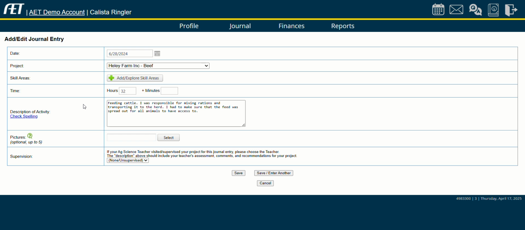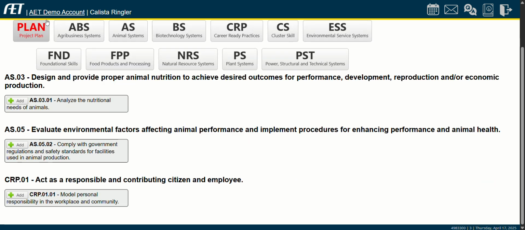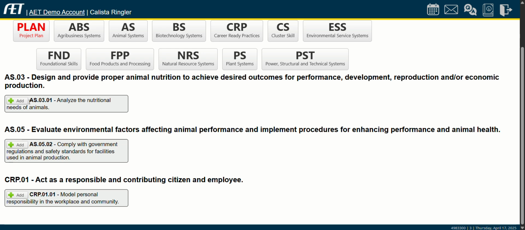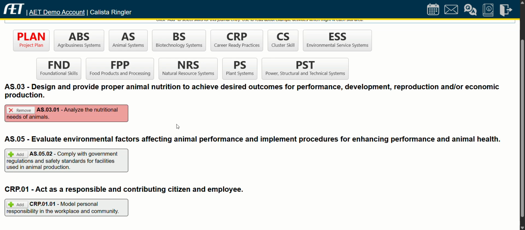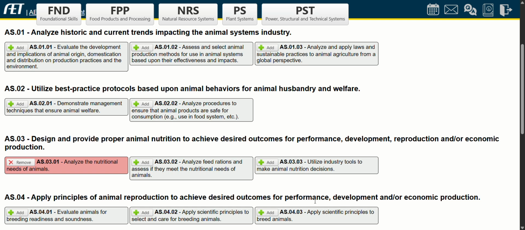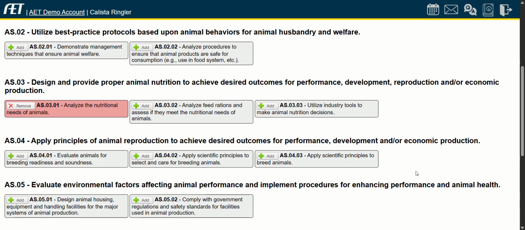So now, what you have to do lastly is for these 32 hours, give a skill that you achieved. Okay? And so it's going to auto-populate with my project plan, and these are those 3 that I chose when I developed my SAE. I can still go into any area and select any other one though. So I definitely analyzed the nutritional needs of animals. Okay, but let's see what else I did under animal sciences. Maybe